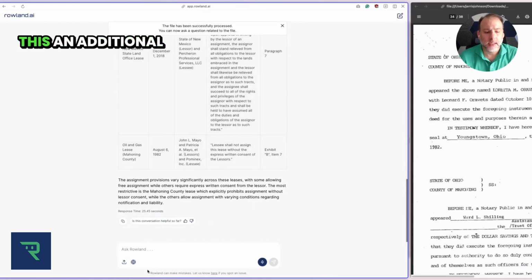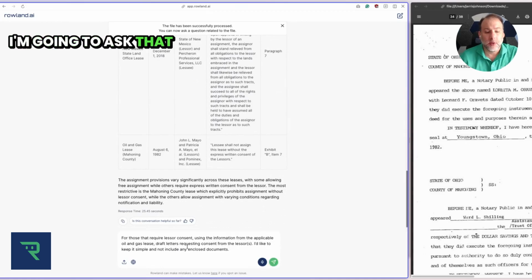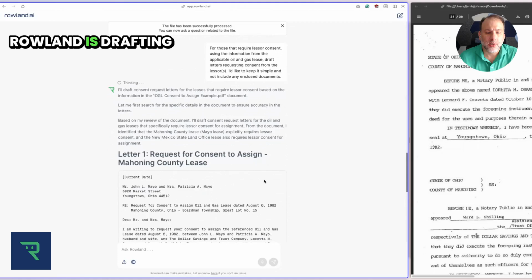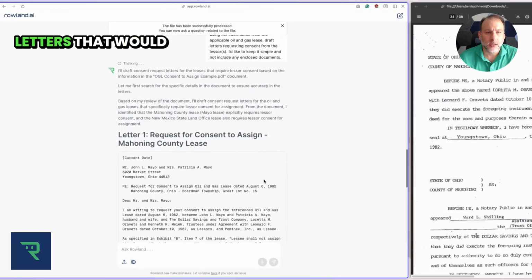I'm going to take this an additional step. I'm going to ask that for those that require a lessor consent, to use the information from the applicable oil and gas lease, draft letters requesting consent from the lessor. Keep it simple. I can see that Rowland is drafting the consent to assign letters that I would need to